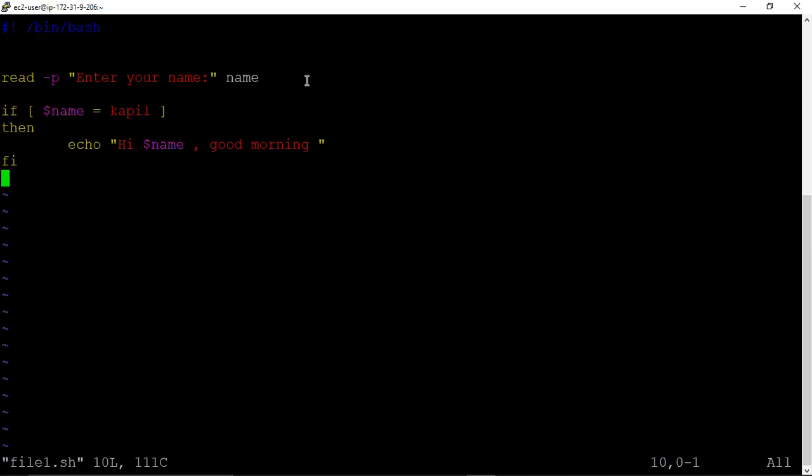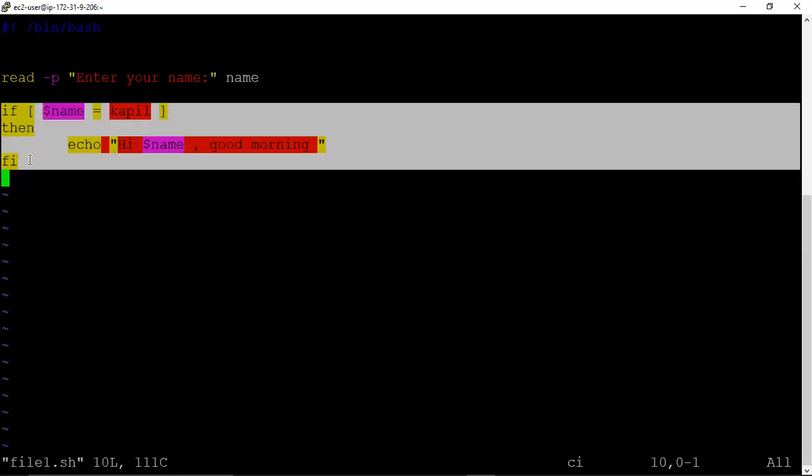Now, in order to print any statement, remember students, after entering fi, this syntax for if is over.